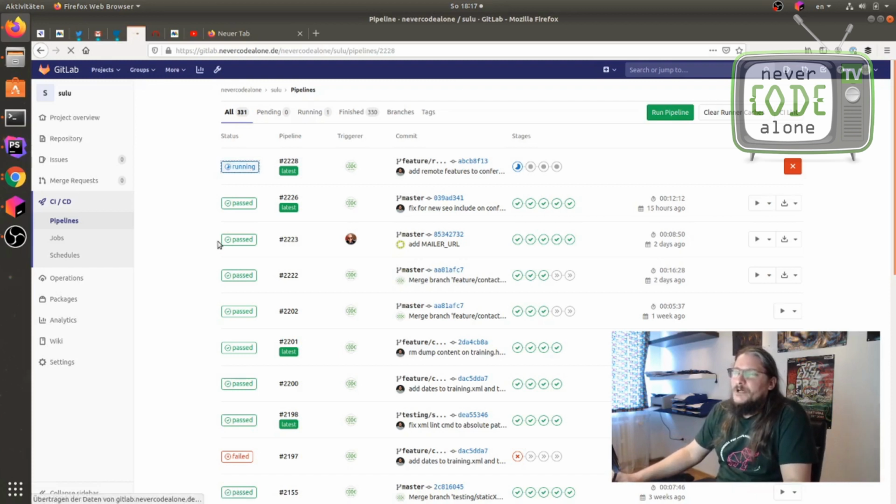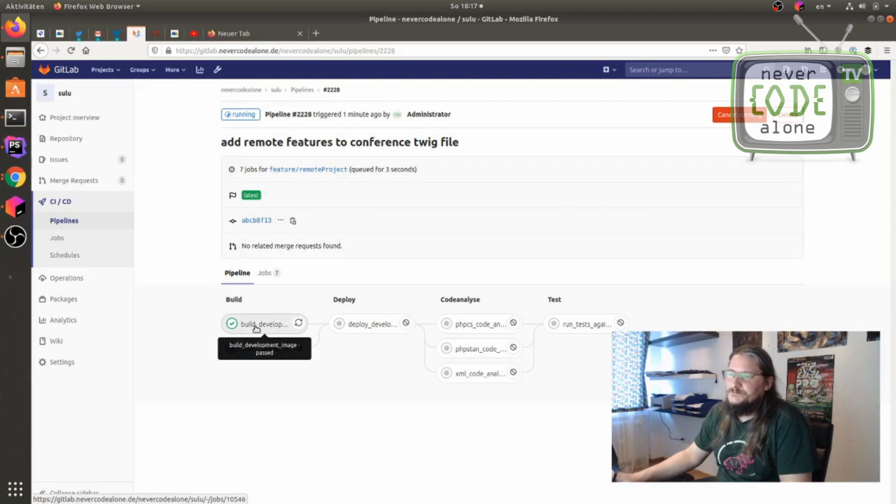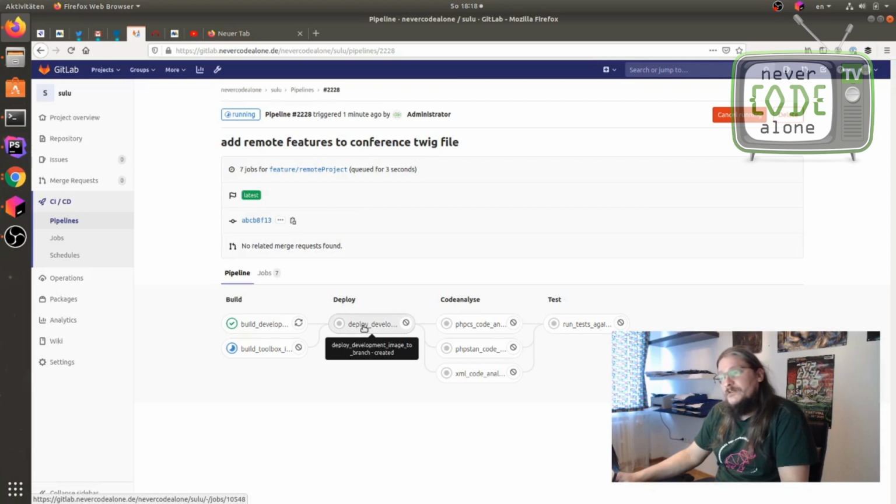The pipeline has a few steps. It's building a development image, and it's building the toolbox, and in this toolbox there is a parallel composer environment, and then it will deploy it.